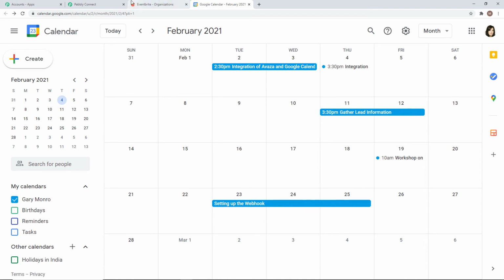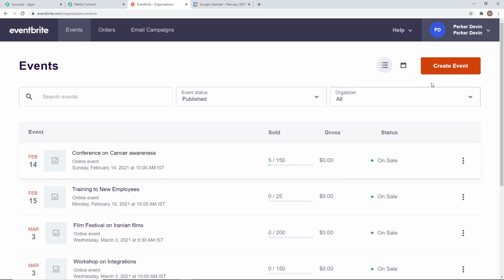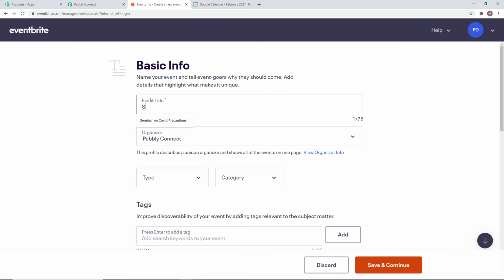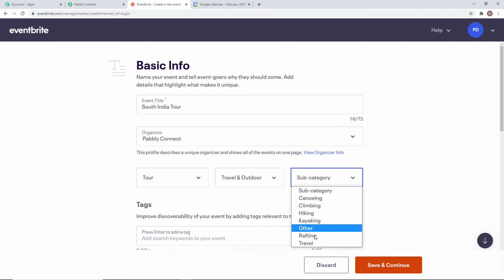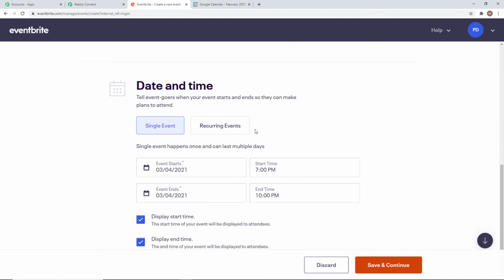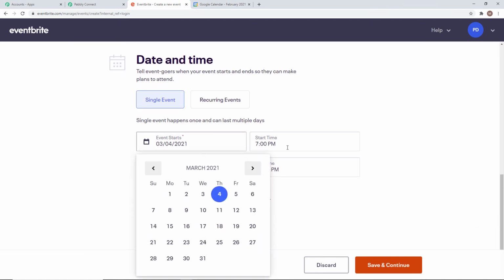So I'll go back to Eventbrite and I'm going to create a new event. Okay, so the event title is going to be South India Tour. Type, I'll keep it as tour. Category. Okay. Location to be announced. Single event, fine, event.